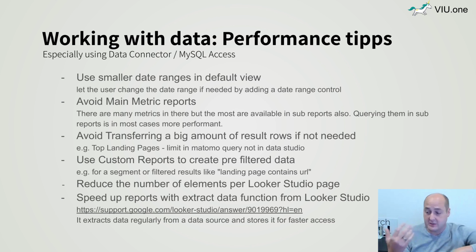So if you have a landing page list and you want to report the top landing pages, and you have 5 million URLs, don't send them all to the data visualization tool and then cut them there. Cut them in Matomo. Just get the top 100 rows with a filter option,